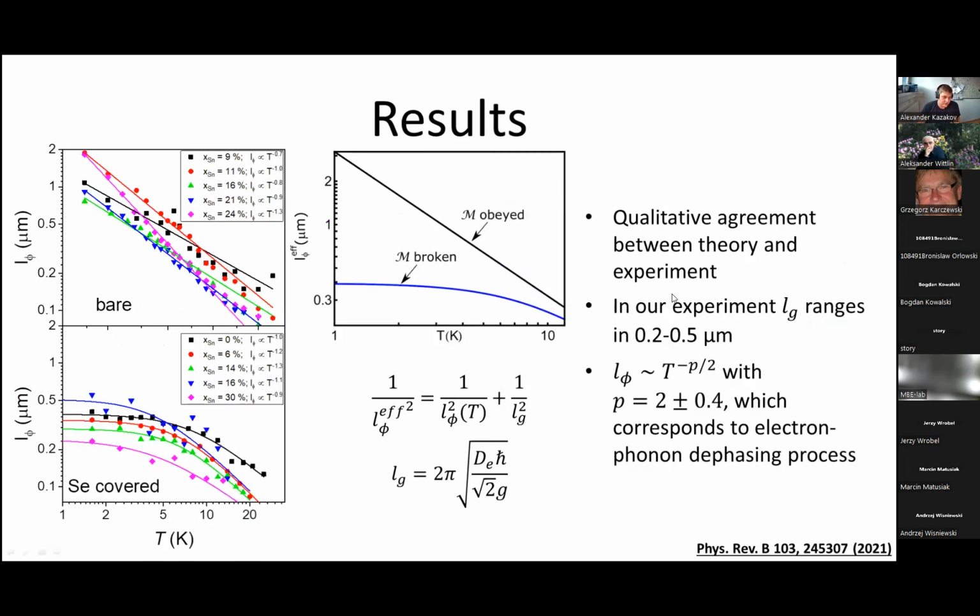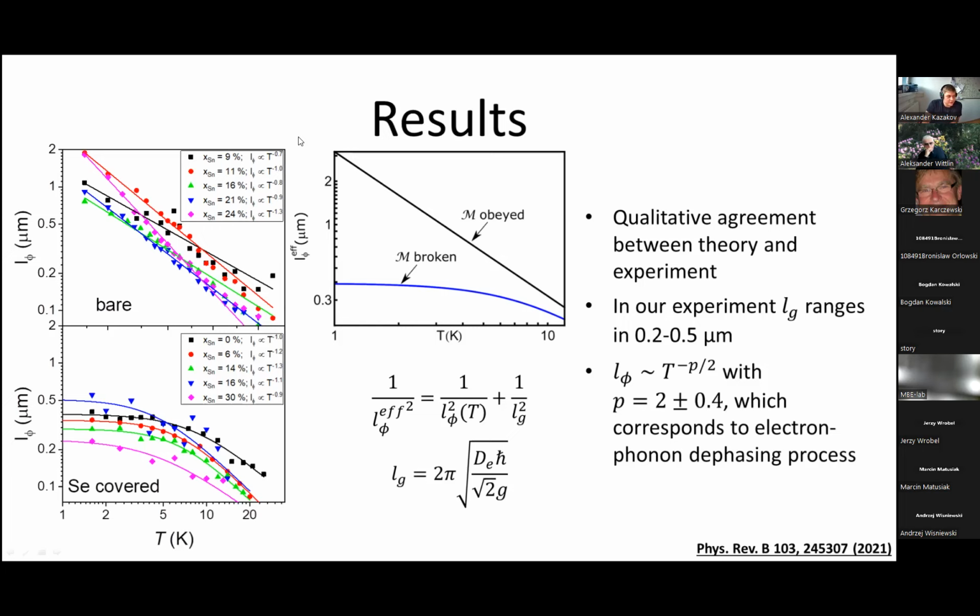If you compare these results for all the films, it really resembles the picture I showed above from theory: when mirror symmetry is obeyed, the inelastic scattering length grows without any tendency to saturation, opposite to the case where the mirror symmetry is broken, and it limits the growth of L-phi. Also, the temperature dependence of L-phi was consistent with the electron-phonon dephasing process, which is expected for such material,